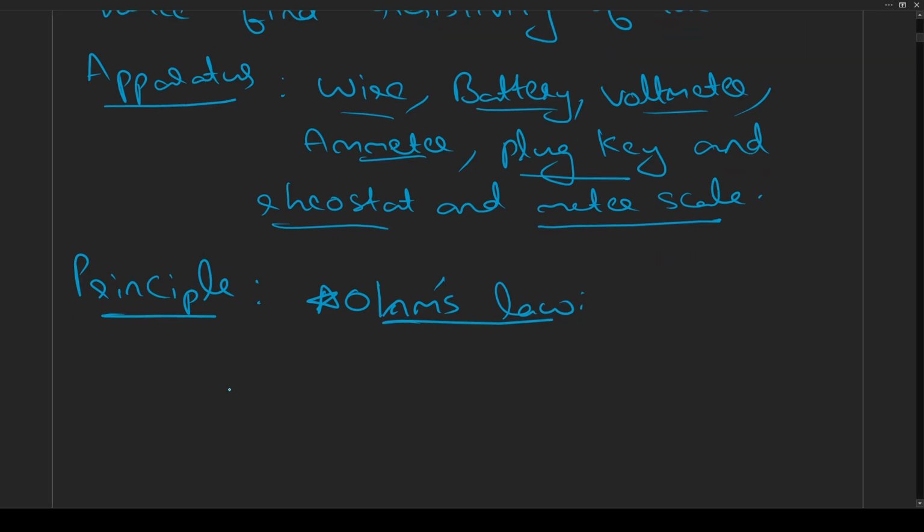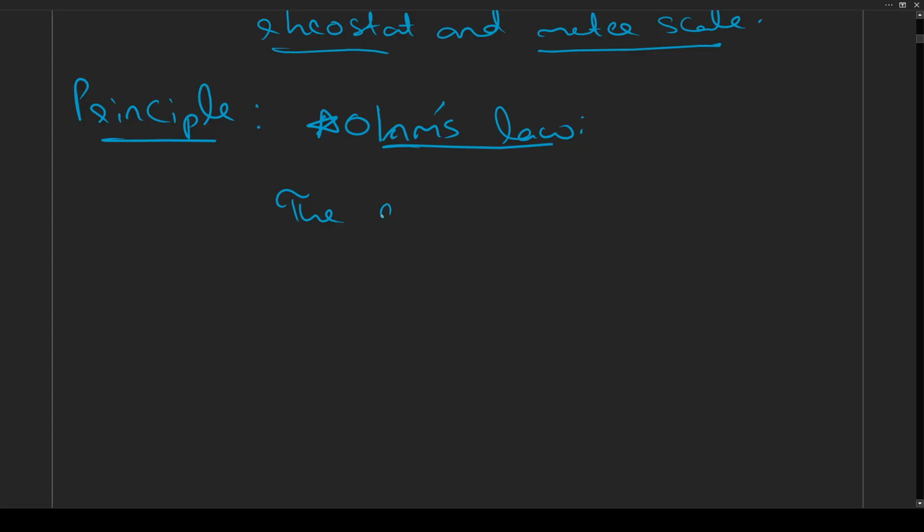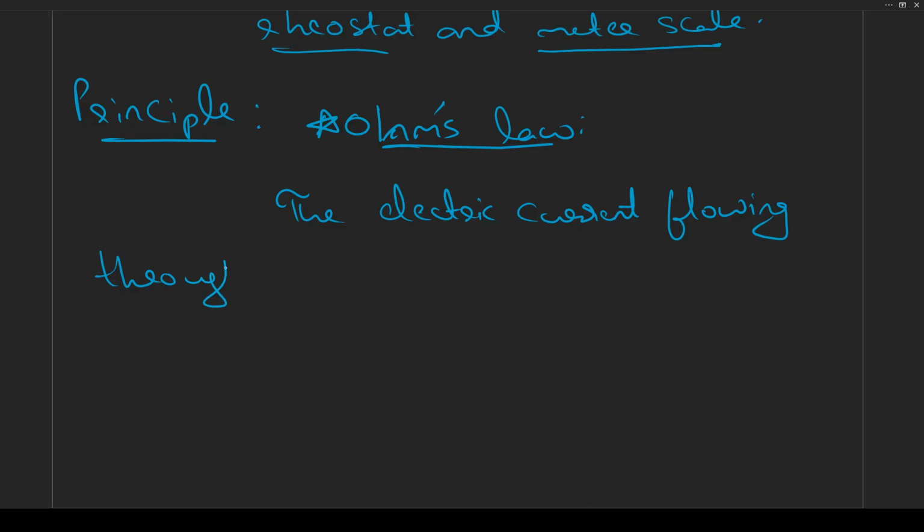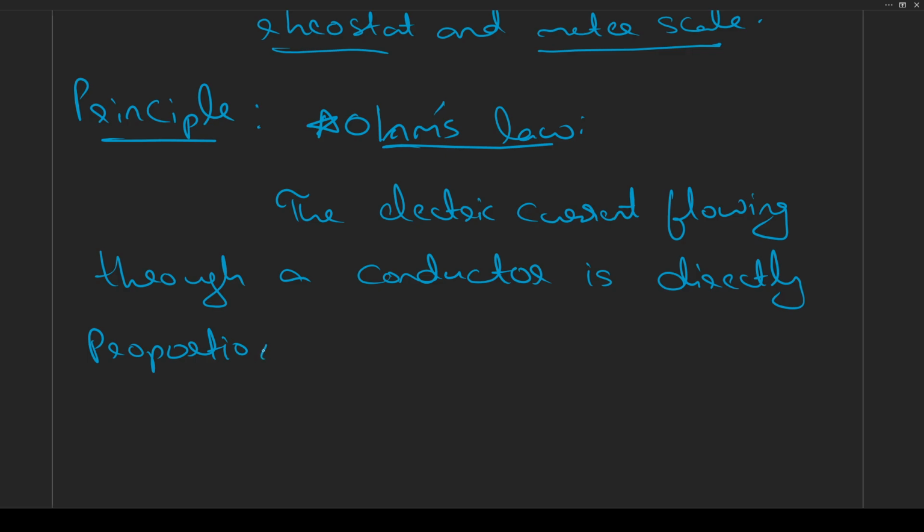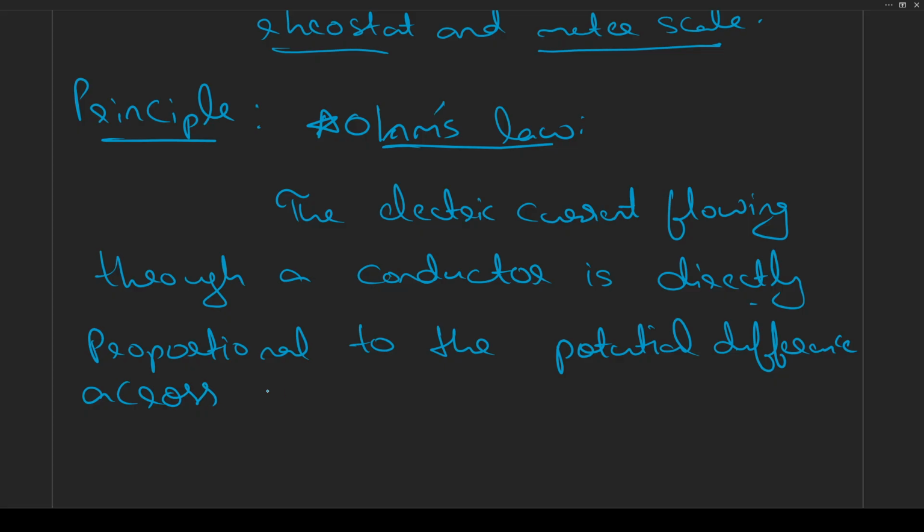Ohm's law basically states that the electric current flowing through a conductor is directly proportional to the potential difference across the ends of the conductor